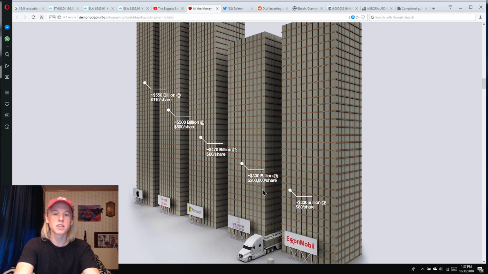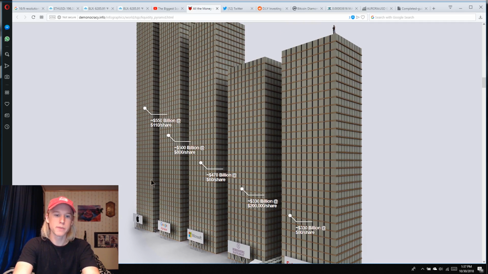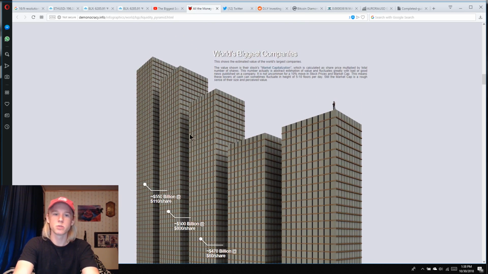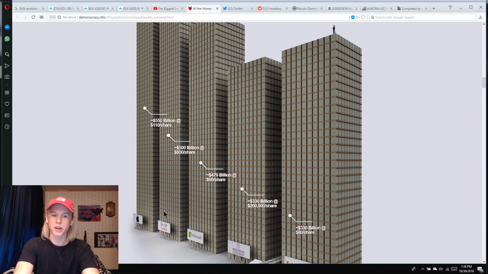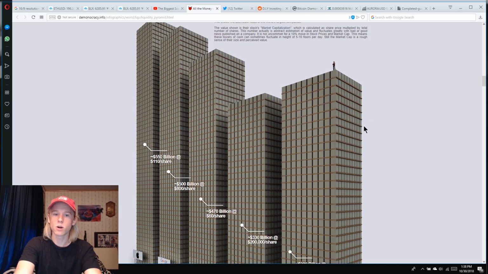So these are some of the biggest companies. Berkshire Hathaway, ExxonMobil, $330 billion. Microsoft, $470 billion. Google, $500 billion. And Apple, $550 billion. So Bitcoin, compared to these 3 biggest companies, is only about a fourth of them, which is astronomical. These are only singular corporations. We all know what Apple, Google, and Microsoft do, and Bitcoin compared to these is so small, and it's really cool to see all of that.